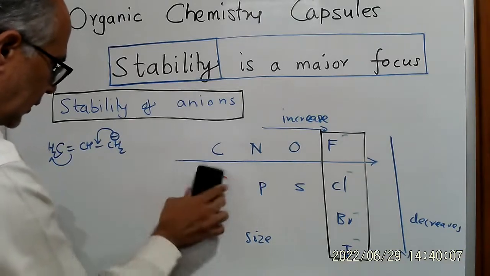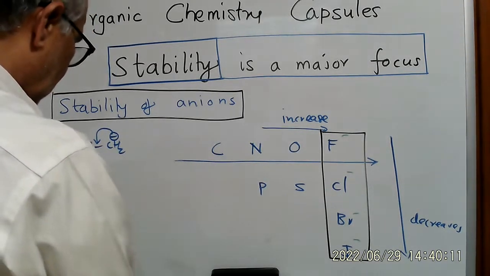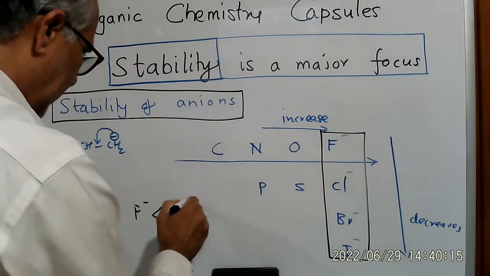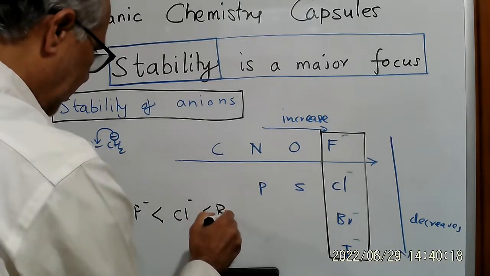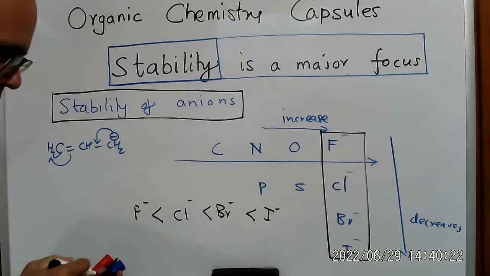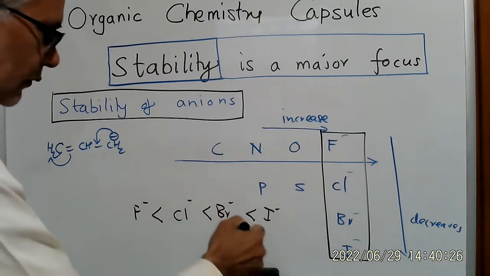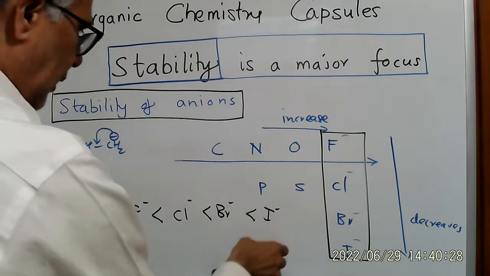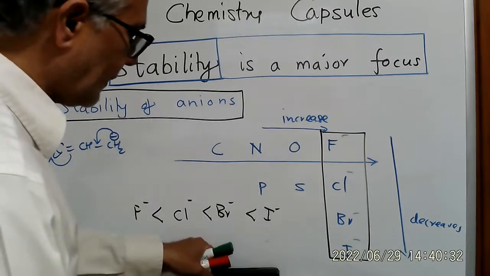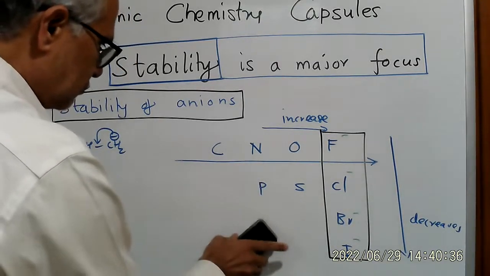So you want to put that in the familiar ordering. Fluoride is less stable than chloride, which is less stable than bromide, which is less stable than iodide. That's due to the increasing size of these ions. Iodide is the largest ion, the negative charge is spread out on a larger surface. So with that, let's just move elsewhere,